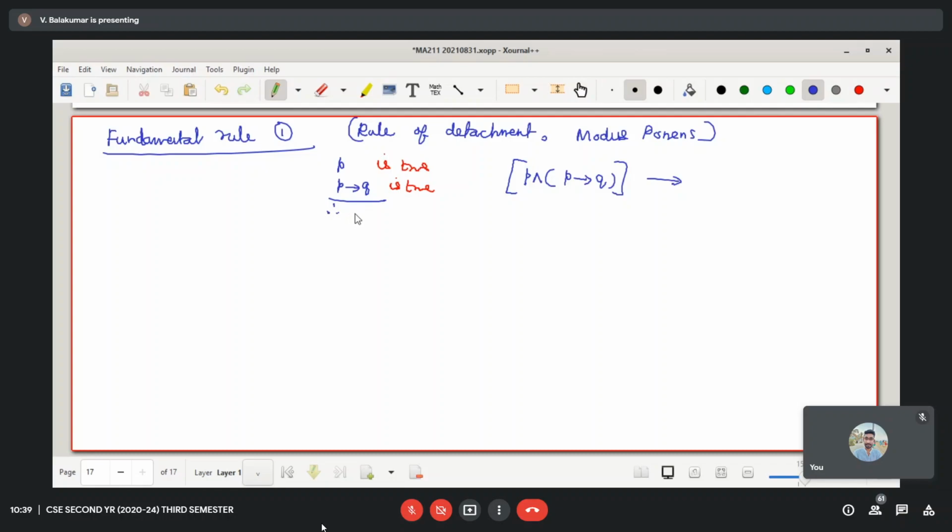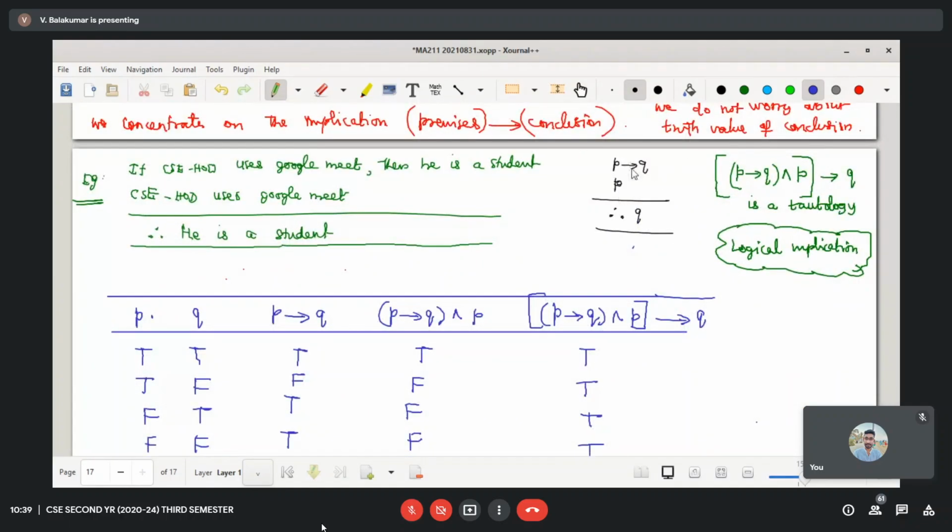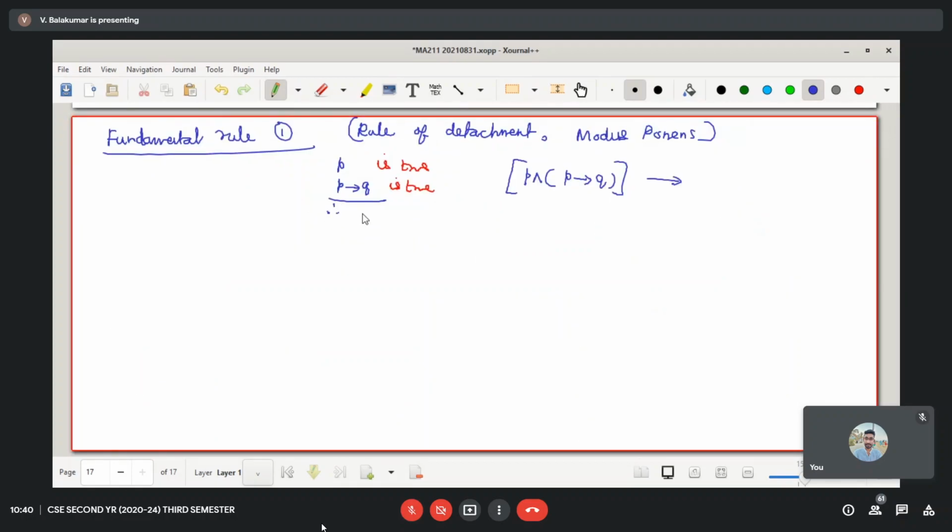I have not written the conclusion. What inference can you make? There is nothing different. I have interchanged these two. Two statements I have given. P is a true statement. If P is true, then Q is a true statement. So the conclusion here you should write. Can you tell me now?